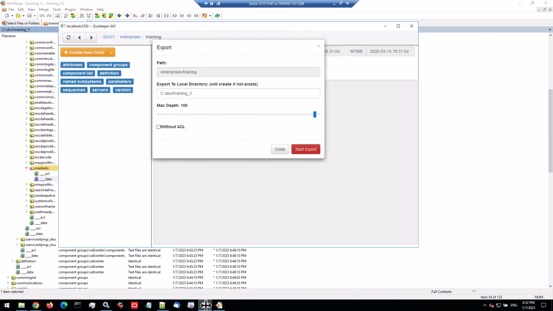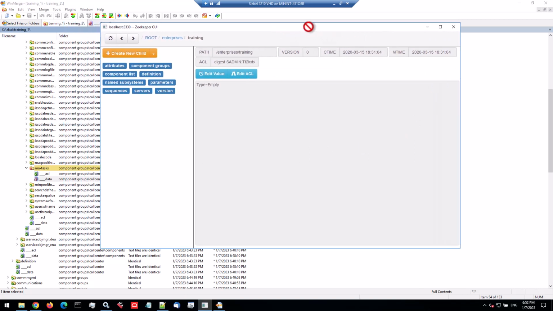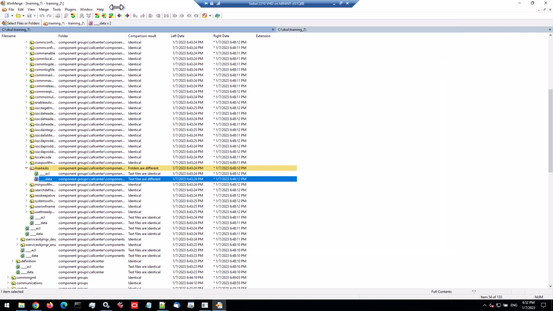So we have been using zkui UI in read-only mode, of course. So please don't ever try to use it for editing. And we have used WinMerge to compare two exports of zkui UI, and that